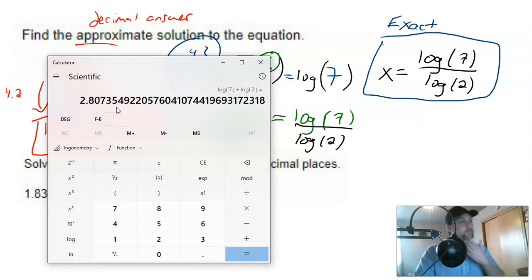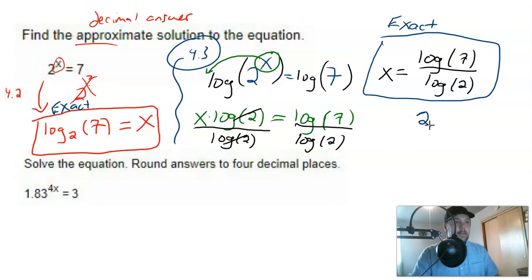and that's going to give me this answer here. And while it doesn't say it on the screen, on Math Excel, it always asks for these answers to be to 4 decimal places. And so I'm going to round it to this decimal place here. This is the 4th decimal place. Because this is a 5, I'm going to round that up to a 4. So my answer is 2.8074. And so this is my approximate solution,